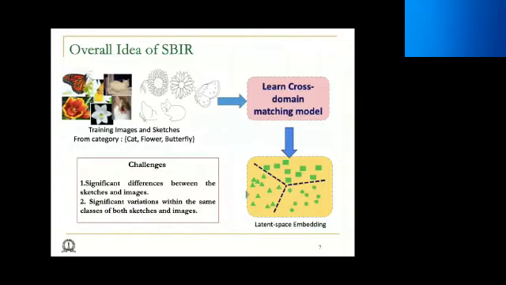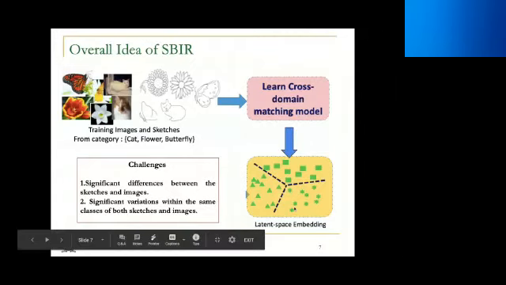Because that is where the power of retrieval algorithms really plays a part. That is, if I have not seen a sketch or an image, I cannot classify it because I do not have any information about that particular data. But I can still retrieve. How can I retrieve? Because this whole cross-modal algorithm is about bringing the data from images and sketches to a common space. So I do not need to classify, right?